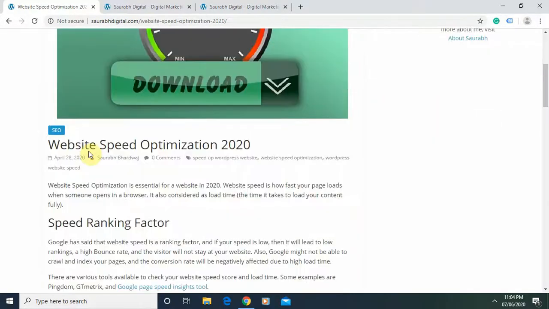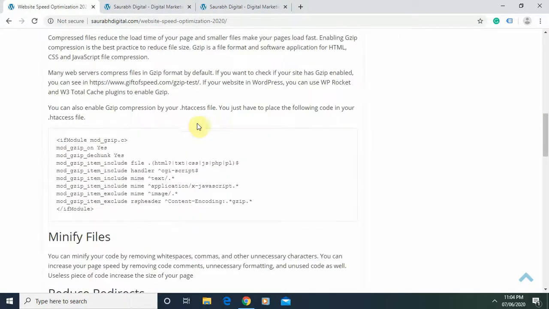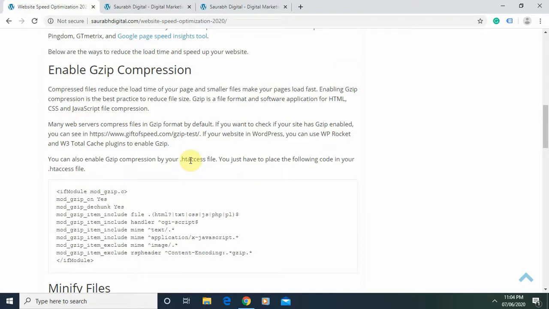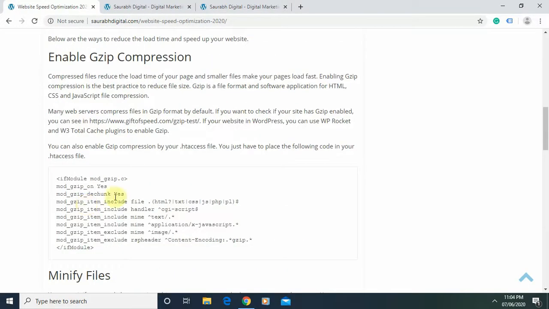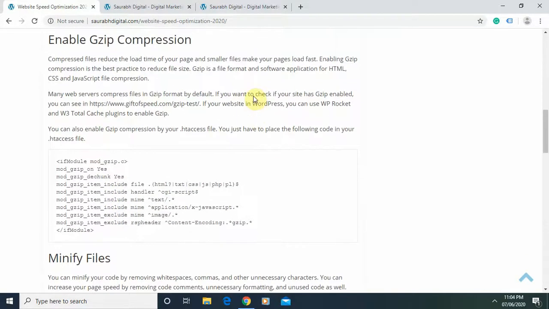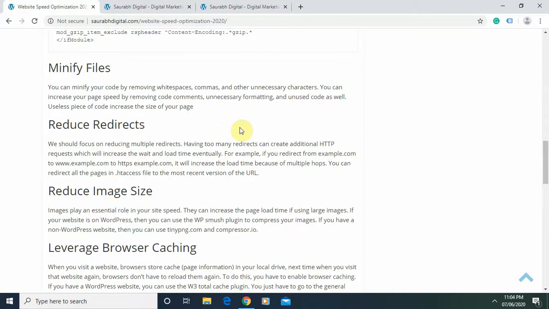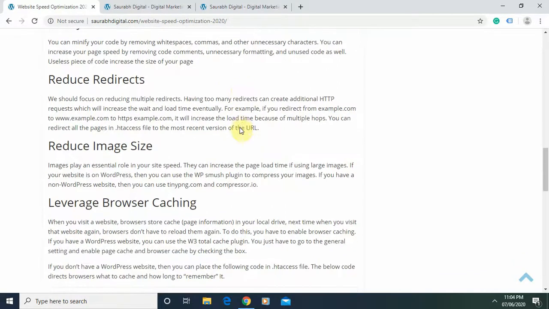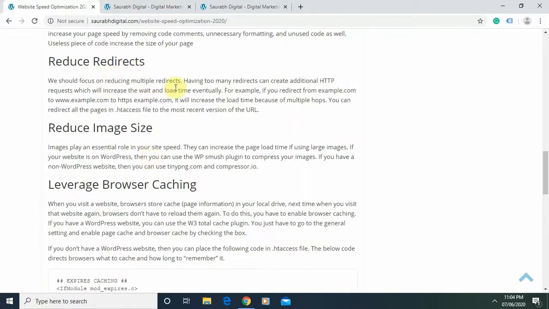So I'll repeat again what the factors are. Enable gzip compression, as I mentioned. The .htaccess file is a notepad file, a text file. You can paste this code and it will compress all your application files so that it helps to load quickly. Also minify files, which I mentioned, removing spaces, extra commas, unnecessary code, and code comments in the HTML code. Then you have to avoid unnecessary multiple redirects,